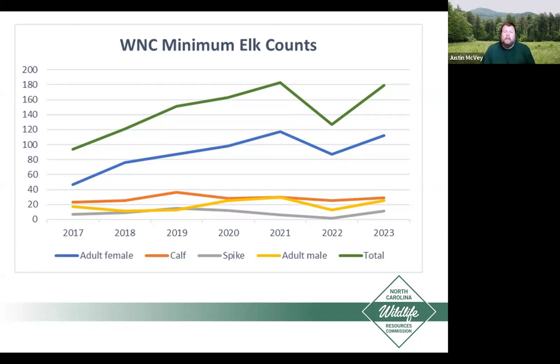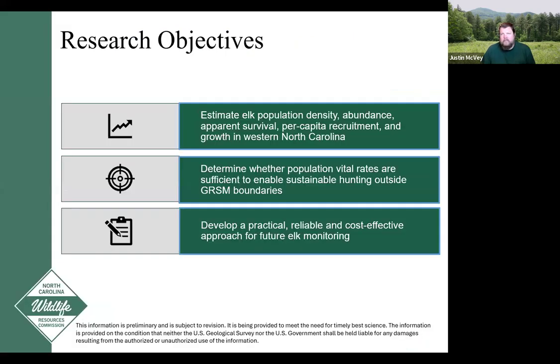One specifically was spatially explicit capture recapture. So basically, it's just a capture recapture type project, but we used fecal DNA. So we formed another partnership with the University of Tennessee and USGS to fund a 5-year PhD project and create this research project. Here you can see our research objectives, and today we're really going to focus on that first one,